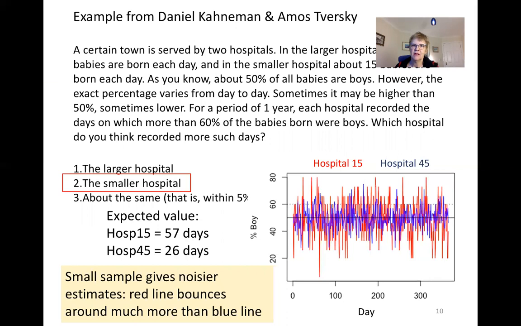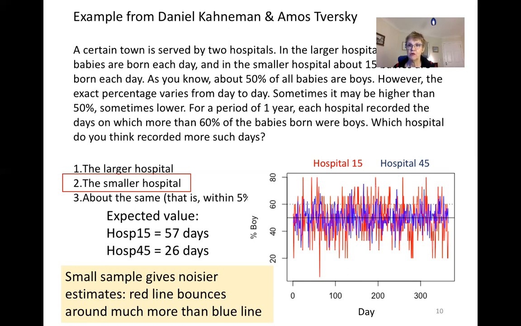in this simulation, because it's essentially a binomial thing that you're simulating, because it can be a boy or a girl, and you know the true proportion is 0.5, and so you can just draw a lot of simulated data from the binomial. That's what's depicted here in this plot, where we've got blue depicting the proportion of boys if you're drawing a sample of 45, and that ranges from mostly about 30% to 70%. And then the red is showing you the situation when you've only got 15 babies born on average